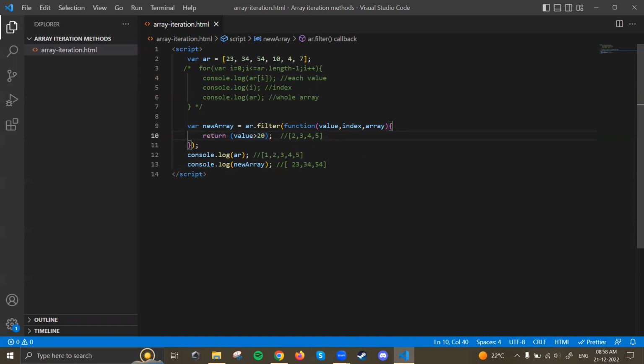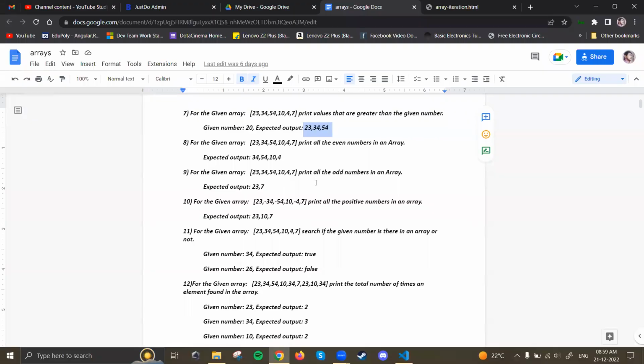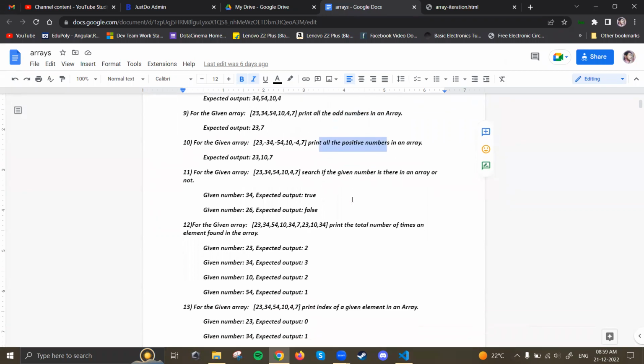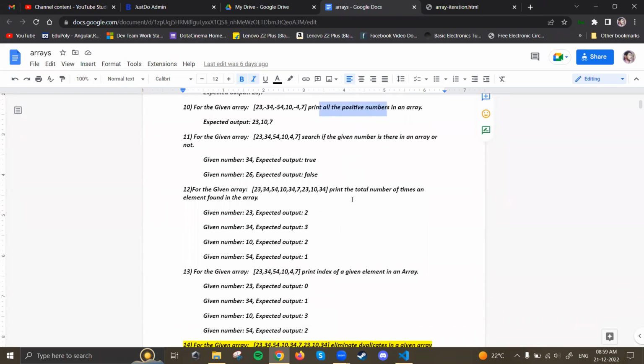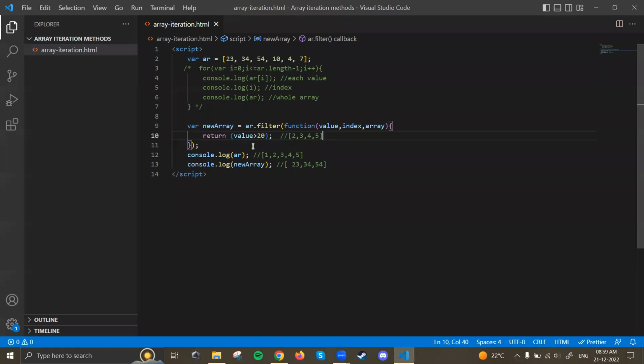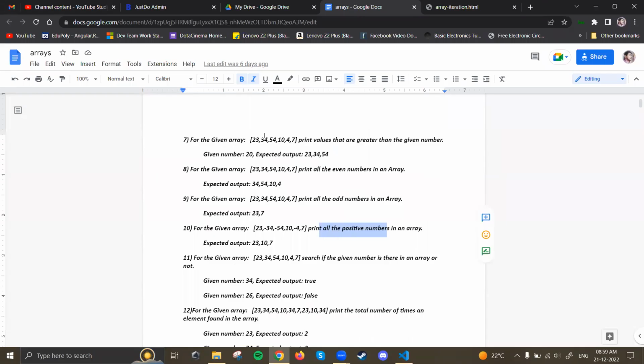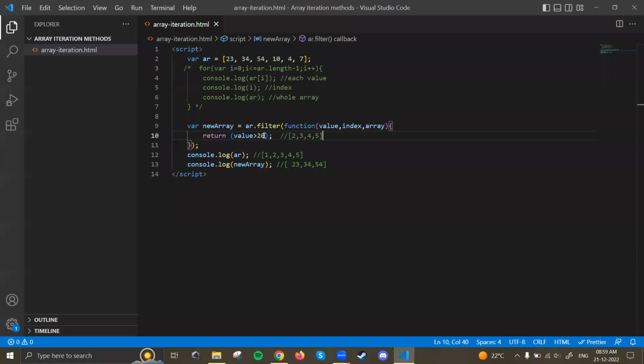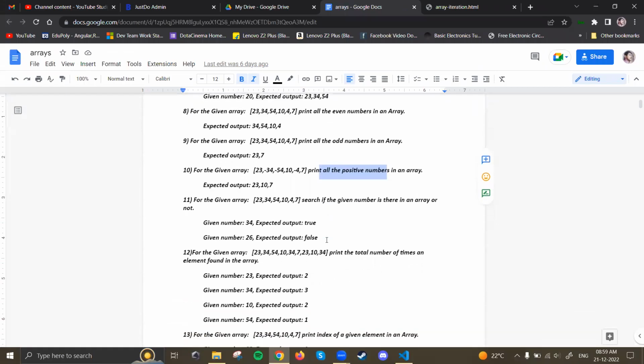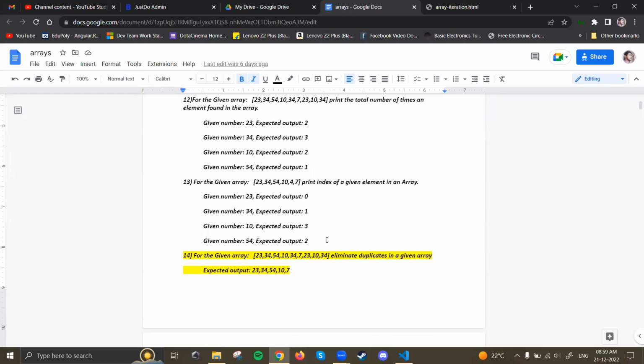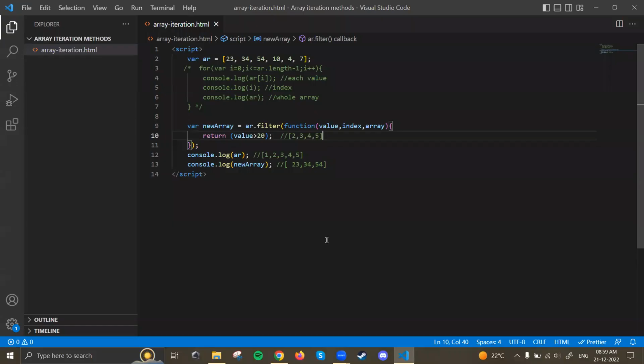Okay, then what other questions do we have? Print all the odd numbers, print all the even numbers. Okay, positive numbers. These things can all be done. Odd and even we have already seen. Okay, fine. Now